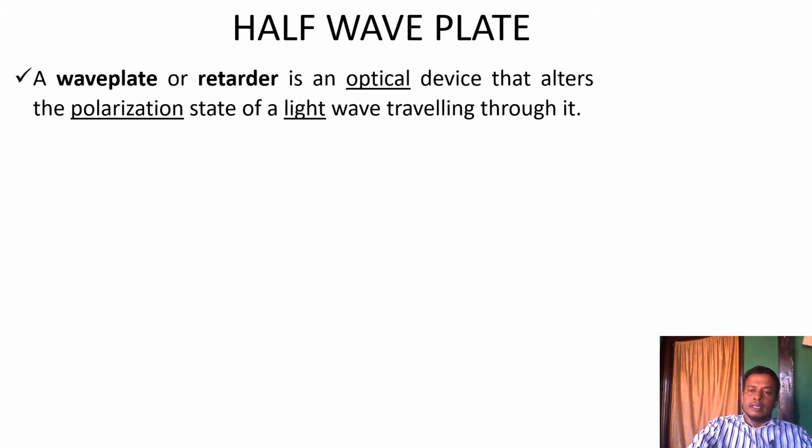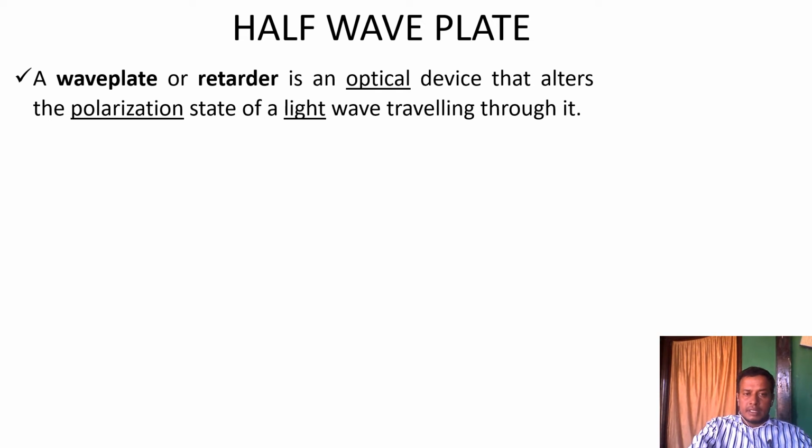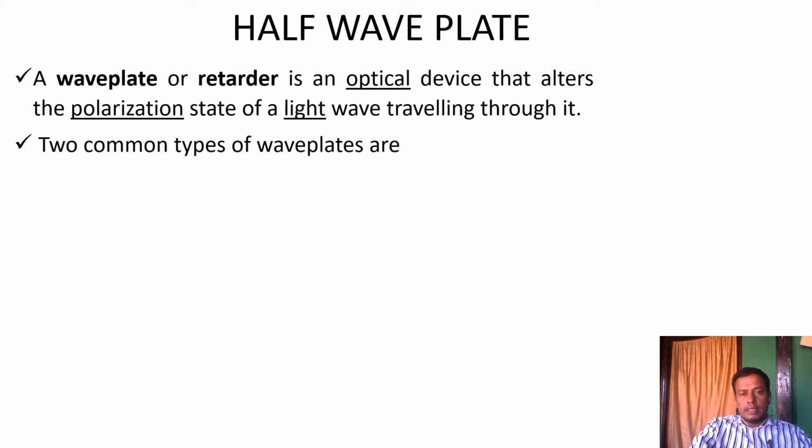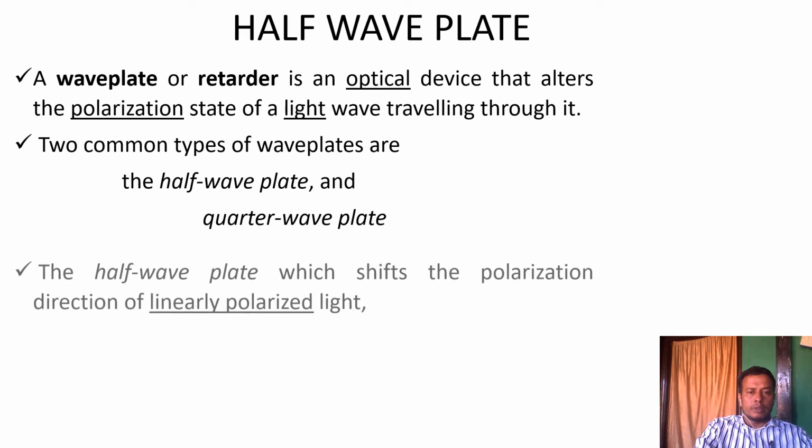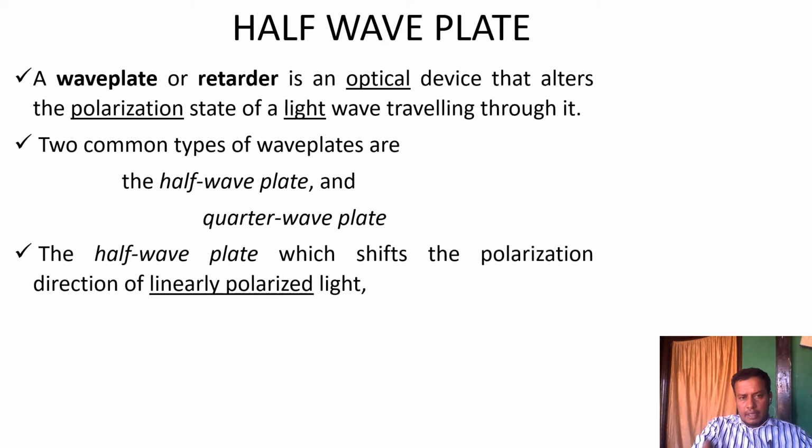Depending upon the phase difference, there are two types of wave plates: half wave plates and quarter wave plates. This topic is included in this chapter; there is also a full wave plate. So these half wave plates and quarter wave plates behave like a retarder, changing the states of the